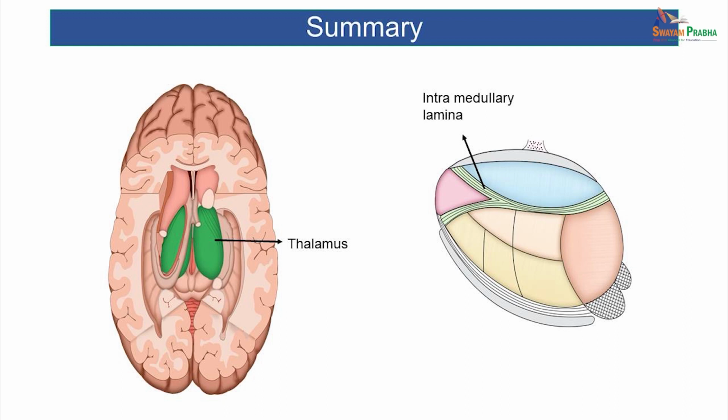So, this, with a brief summary of what has been done till now, is the thalamus. It is an ovoid grey matter. It is a subcortical matter which is submerged in the deep part of the cerebral cortex, having an anterior and posterior end, medial and lateral surface, superior and inferior surface, divided into a number of nuclear complexes by the intramedullary lamina as the ventral anterior nucleus, dorsal medial nucleus, then ventral divided again into the lateral posterior, lateral dorsal, ventral anterior, ventral lateral and ventral posterior, intralaminar, centromedian nucleus, pulvinar, medial and lateral geniculate body.